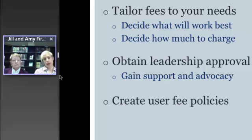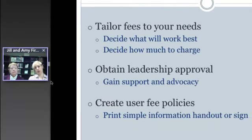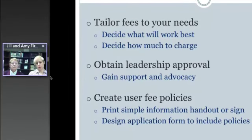And the other thing you might want to think about is maybe creating user fee policies. It doesn't have to be complex or overly detailed. You don't have to spend a lot of time doing this. You can make something as simple as a handout if you want to hand something out to your patrons, or you can just put a sign on your desk just stating what your user fees are. If you'd like to maybe put a more complex system in place, maybe you'd want to think about designing an application form which would include your policies. For example,